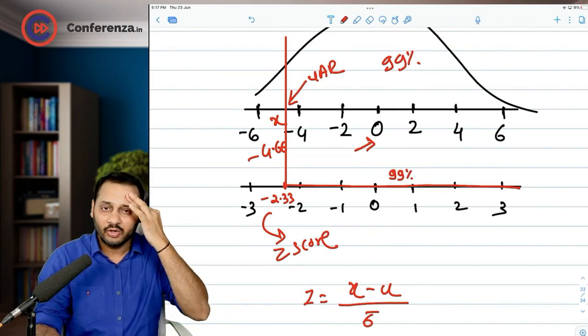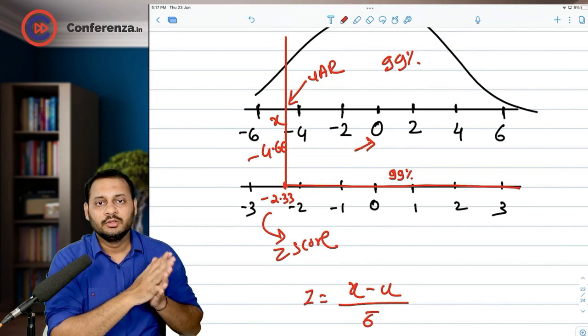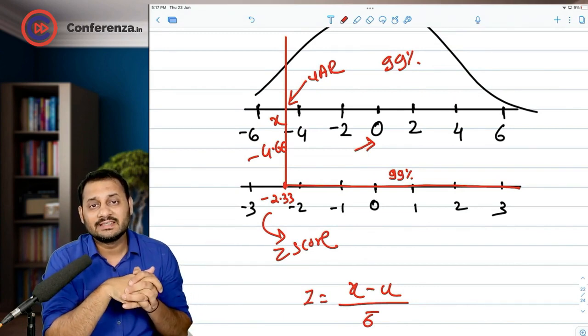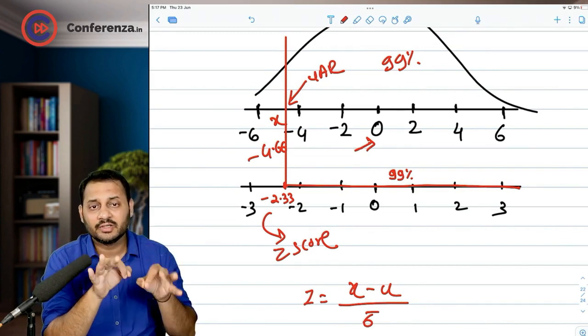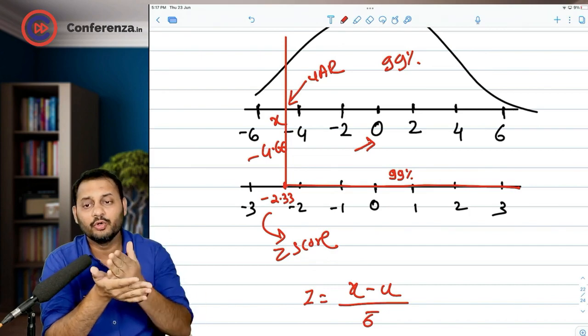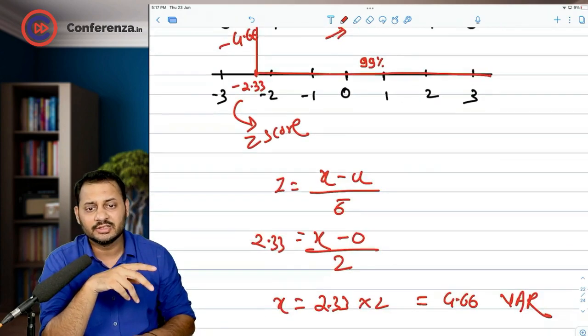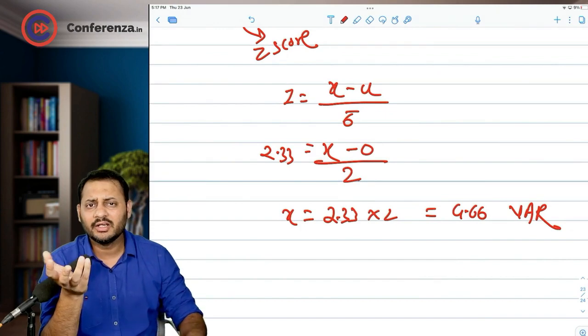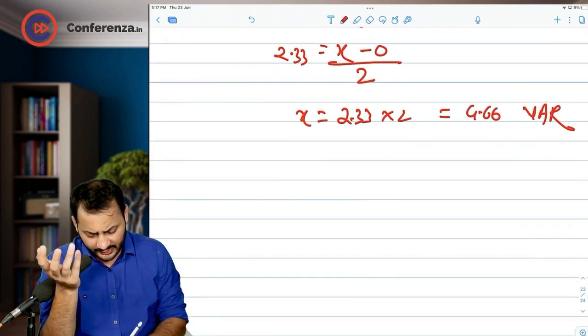4.66 is the loss. Maximum loss 4.66 crore, where you are 99% confident that your loss won't go beyond 4.66. And this is the concept of VAR. How did you arrive at the formula of VAR? Please tell me. X is nothing but the VAR,